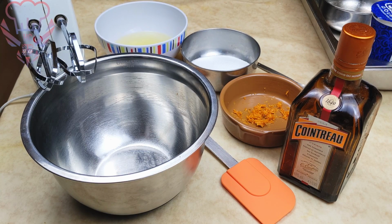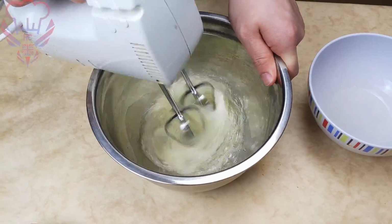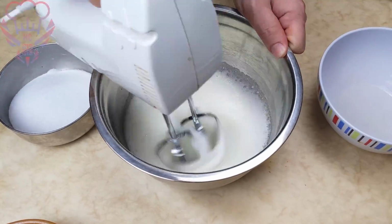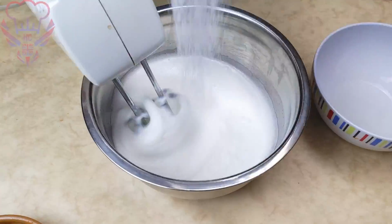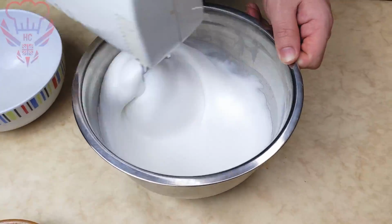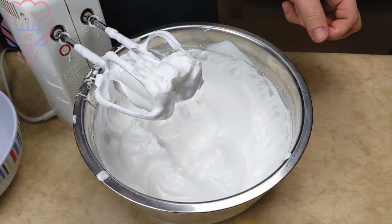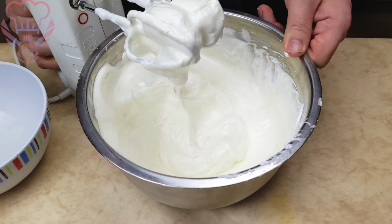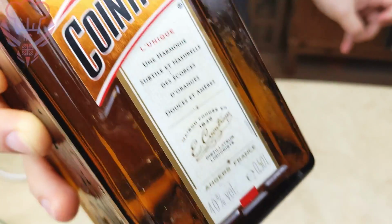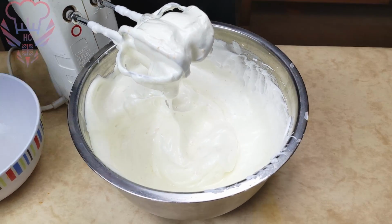So now we're going to move on to our meringue. That's simply putting our egg whites into our mixing bowl here. We're going to then whisk that up until fluff appears, and then we're going to add little by little of our caster sugar. Once all of that's been used up, once it gets to nearly stiff peaks, we're going to then add little by little of our orange zest. Once that's all incorporated, to finish it all off, we're going to add 1 teaspoon of our orange liqueur, or however much you want, and whisk that up